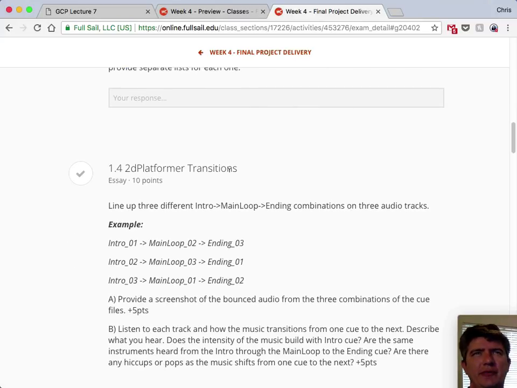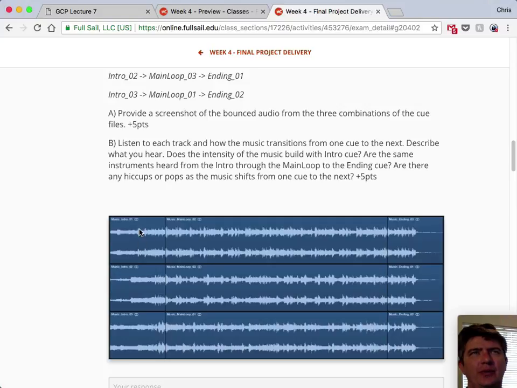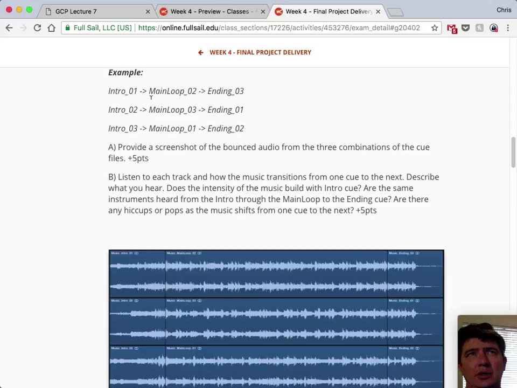Next, 2D platformer transitions. You will take screenshots of your intros, your main loops, and your endings, and then line them up in a particular way. You are going to take your intro 1 and connect it to main loop 2, and then connect it to ending 3. And then take intro 2 and connect it to main loop 3, and then go to ending 1. And then take intro 3 and go to main loop 1, and go to ending 2. I guess I could just read it up here. Basically, it's taking all of your tracks and rearranging them into different orders, taking a screenshot of it, and then